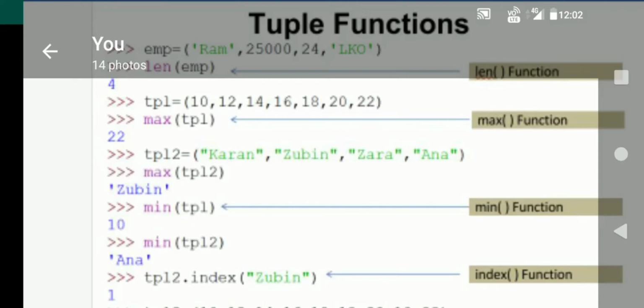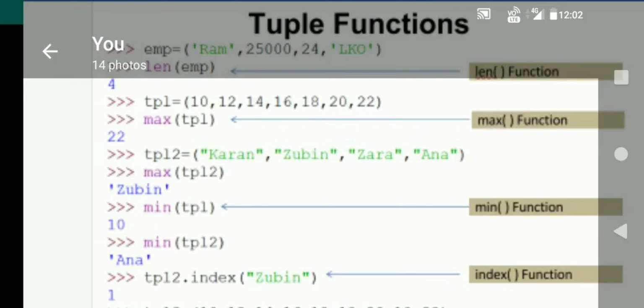Z is greater because the ASCII value of Z is greater. Capital A has ASCII value 65, so definitely Z will be 90. So it is greater. This is the reason Zubin is coming here.